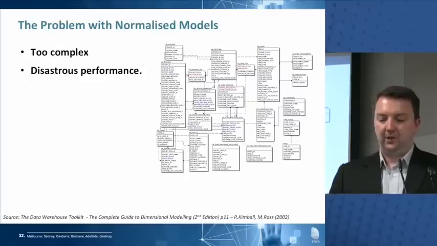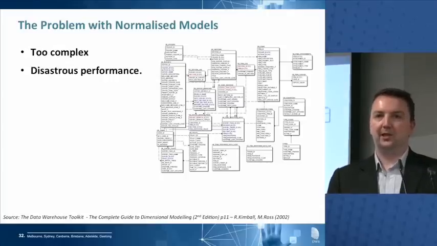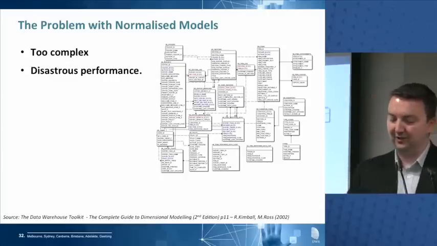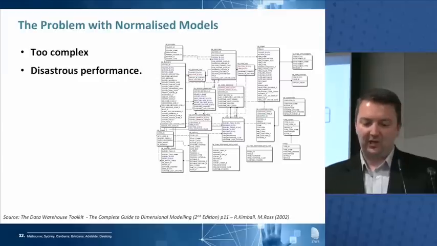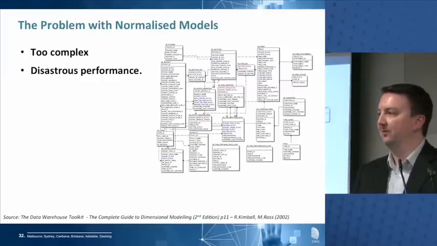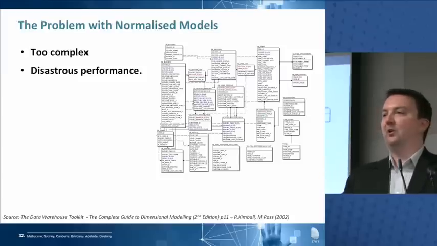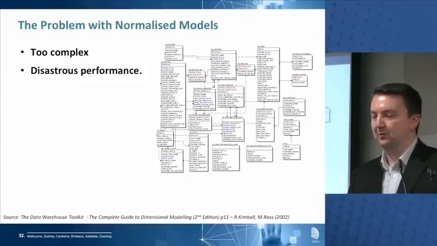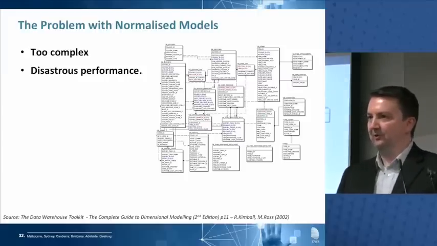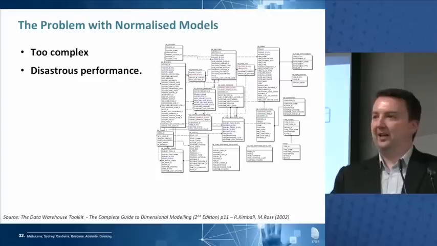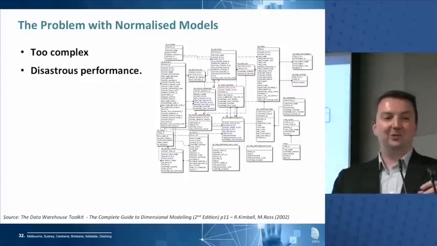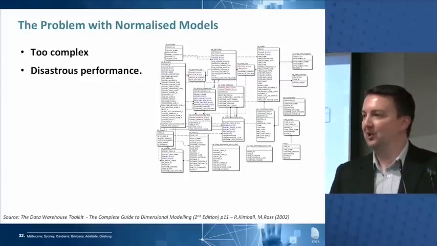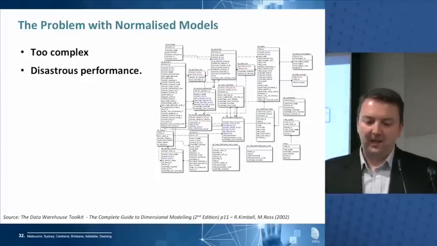All right, dimensional models. So I've described an abstract dimensional model as a cube, and I'm just about to get to the actual physical description of it in a database. But before I do, we'll just go back to those normalised models. What did we say? 300-400 of them in a system. Of all those people that have worked on the operational source systems with 300 or 400 tables, it wasn't always like that, was it? If you got involved at the very beginning of the project, okay, you had a couple of core entities. You had your customer and your invoice and your product, and things are actually looking pretty good because you could print the entire model out on a single A3 sheet, and then it sort of went downhill from there.